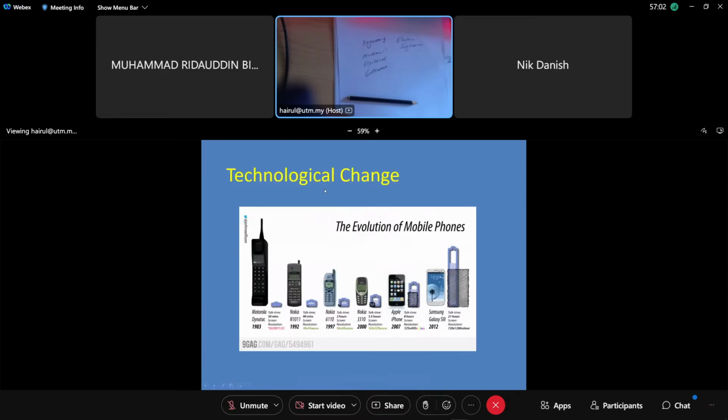Okay, technology changes is based on something like phones. For example, long time ago, before the 1980s, we didn't have telecommunication like messages and so on. Even 3G and GSM we didn't have. We only had radio. Mobile phones back then, only rich people could get them when they went to the